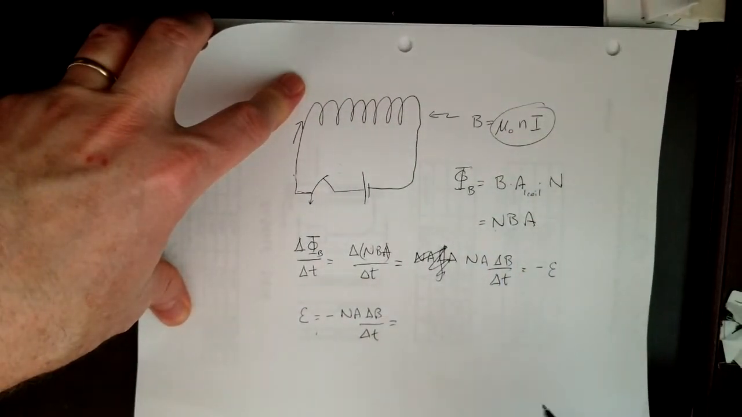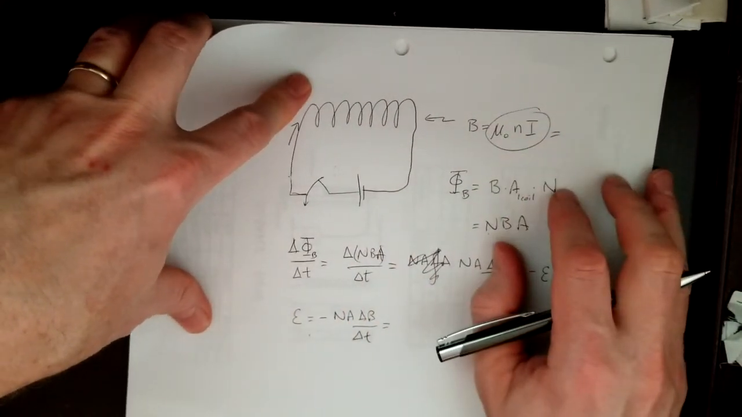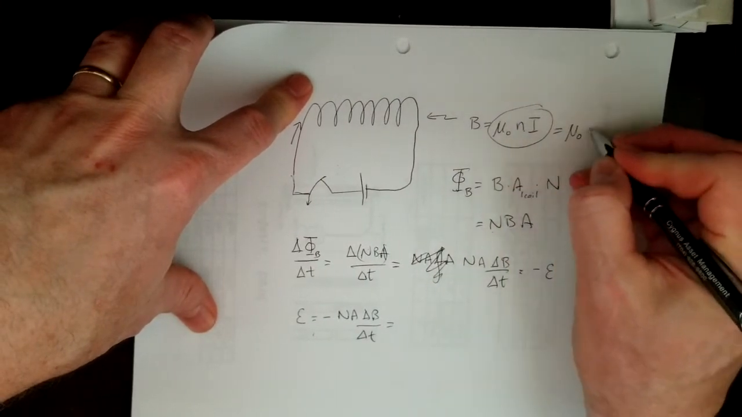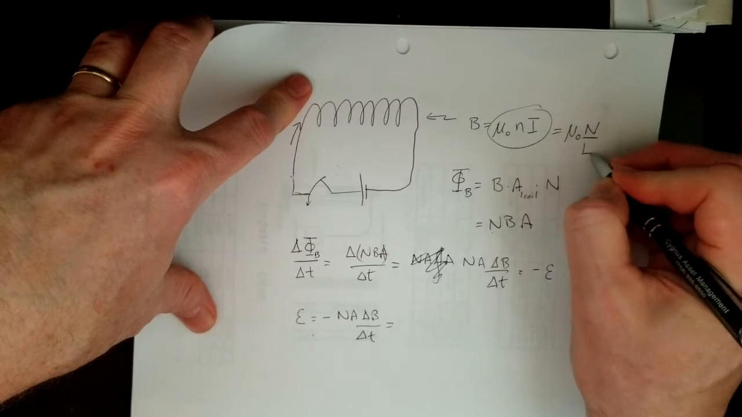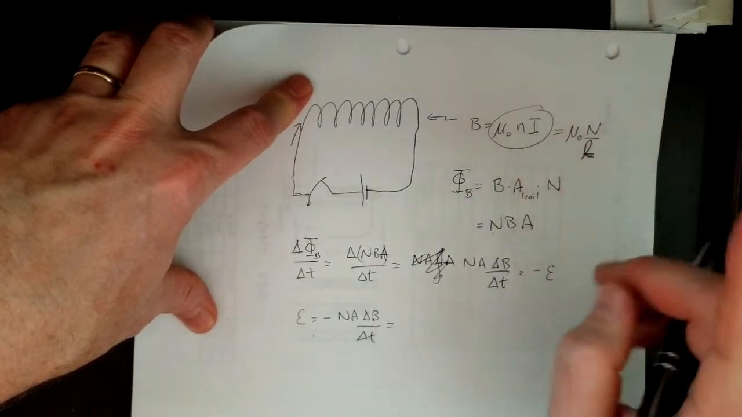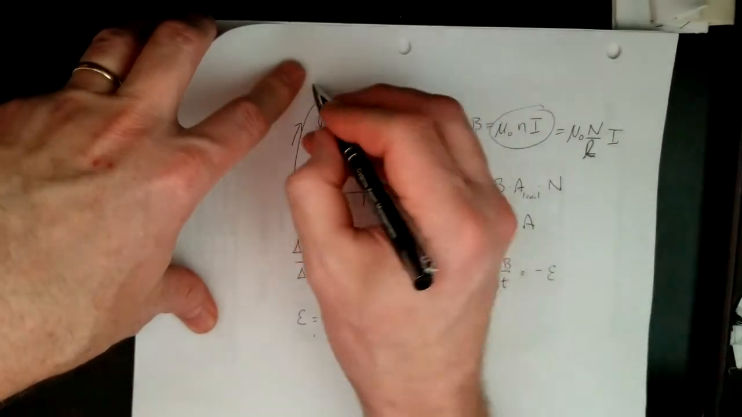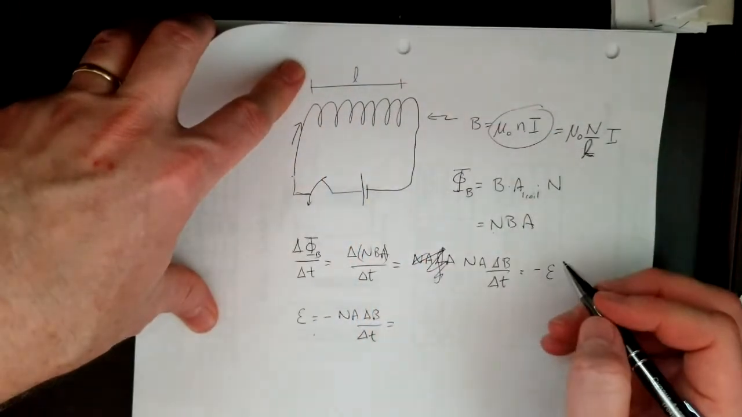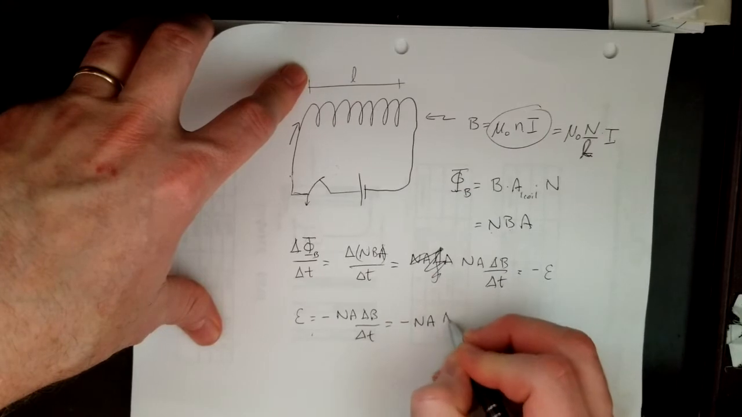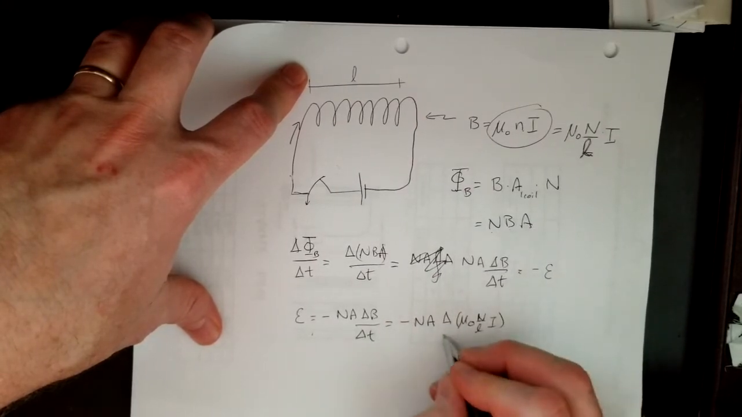So as the current builds up, it's going to build up. Since I have capital N in here and lowercase n in here, let's go ahead and synchronize those. Remember that this is the coil density. So this is mu naught times the number of coils over the total length. And I want to use lowercase l here, not an uppercase L. Uppercase L I'm saving for something else in just a moment. So where this is the length l. So this becomes negative N A times the change in mu naught N over l times I over change in